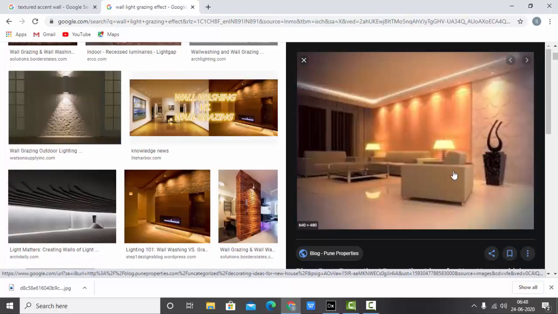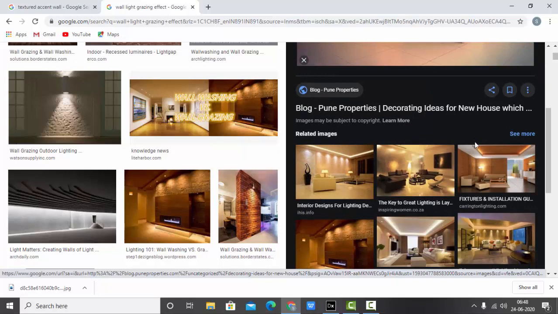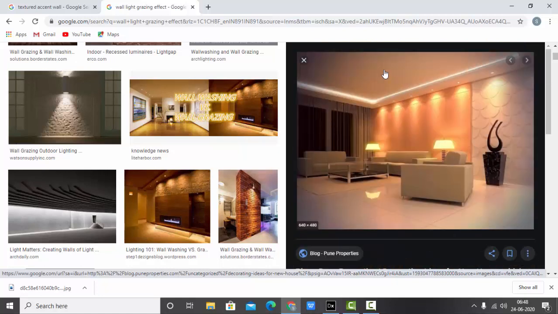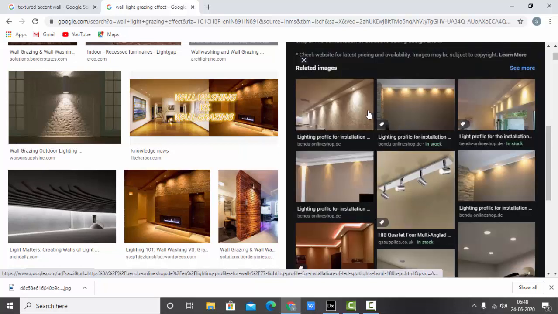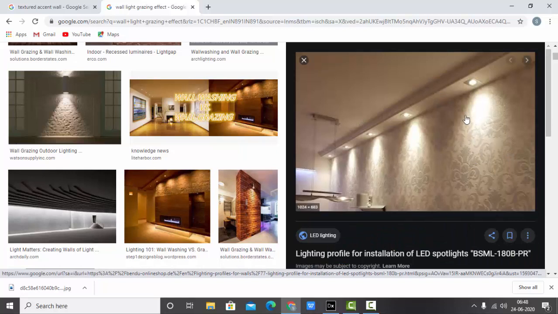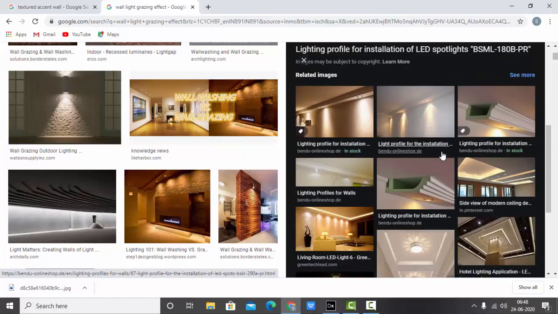Even in this image, they have used downlights for grazing this wall. Maybe they used it as general lighting, but it is acting like an accent light, which is creating scallops, which is really not pleasing to the viewer. See this one: they have a textured wall, and the lights are creating a scallop and a hot spot.